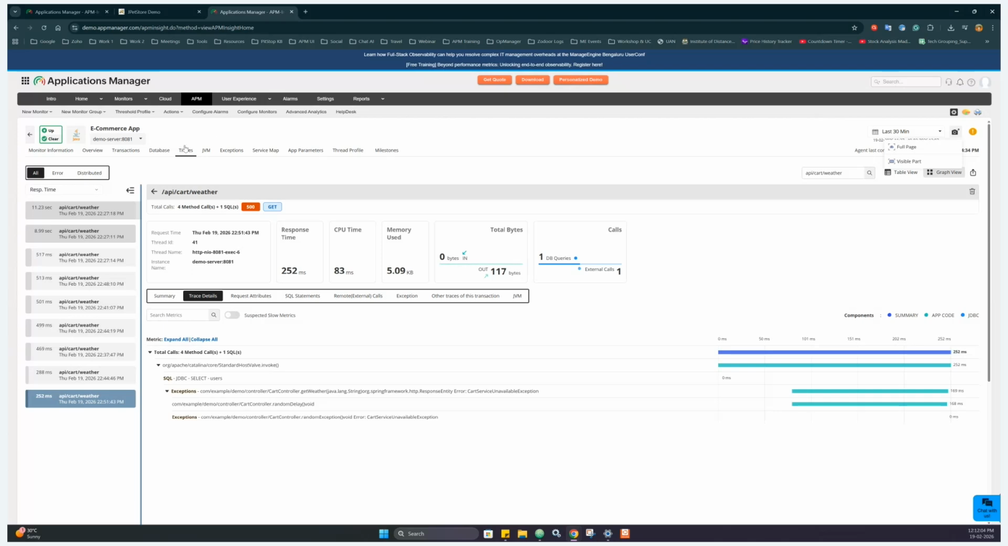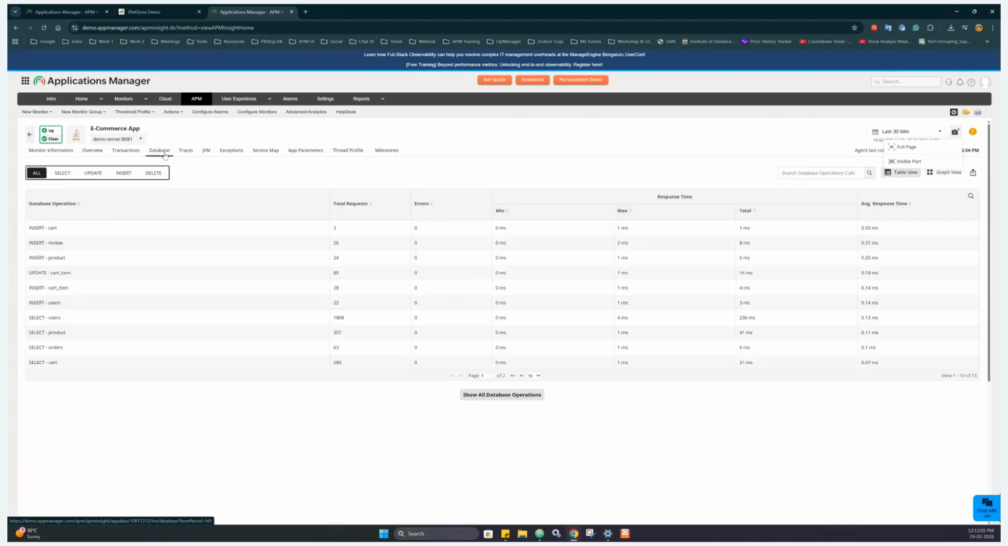And the other end, let's say there are some database calls that are taking long, or many slow queries that have been identified in your application, which is leading to a high response time. So under the database tab, we will capture all the select, update, insert, and delete queries. So we are able to drill down. For example,